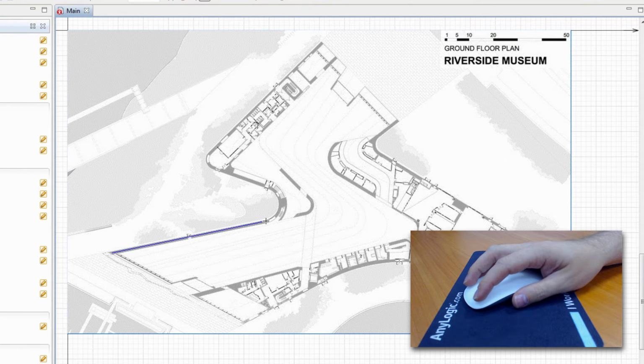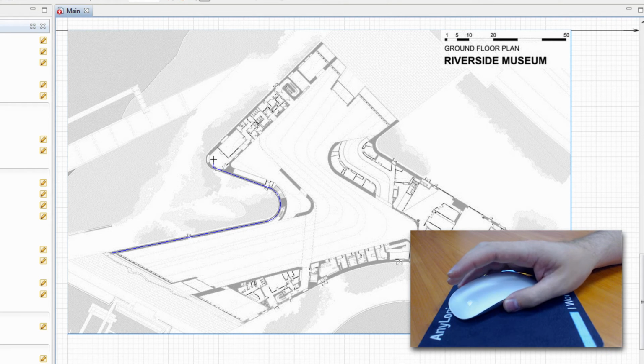The current wall segment is linear, therefore we should place its endpoint with a mouse click. The next wall segment is curved. Press and hold the mouse button at the segment's endpoint, and then move the mouse without releasing the mouse button until you get the required segment shape. Release the mouse button and continue drawing the following segments of the wall.